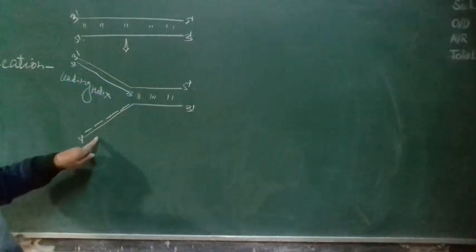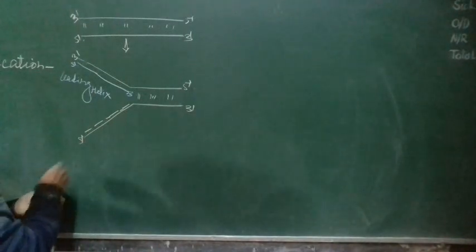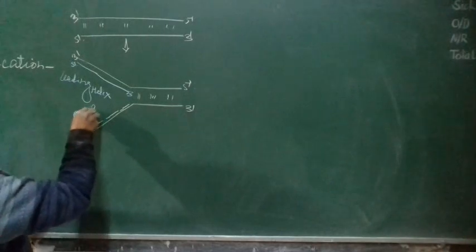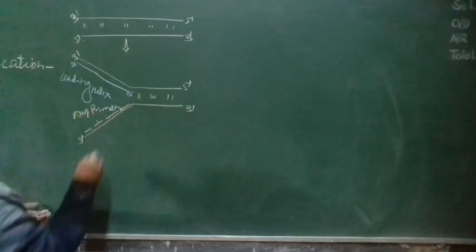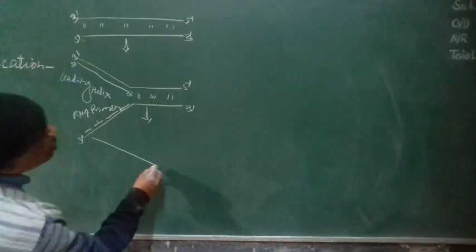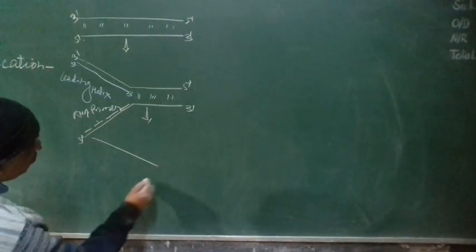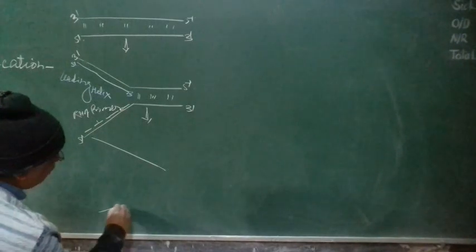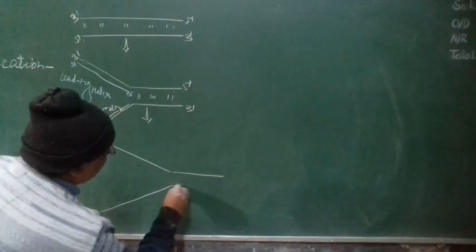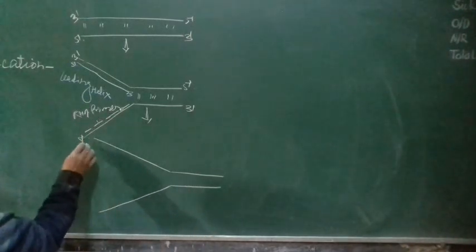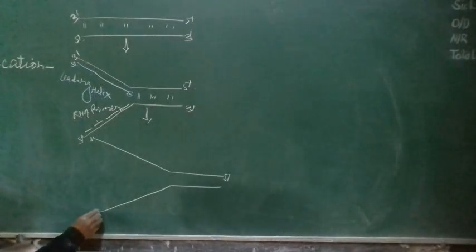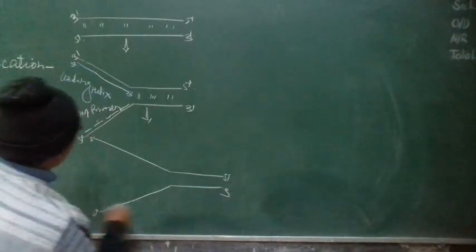Helix. But here is the RNA primer. This is called RNA primer. Now in the next step, these primers are replaced by Okazaki fragments. So here this is 3 to 5 and here 5 to 3.